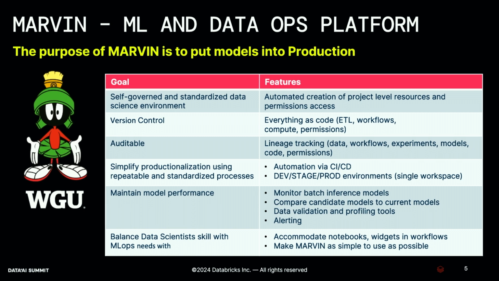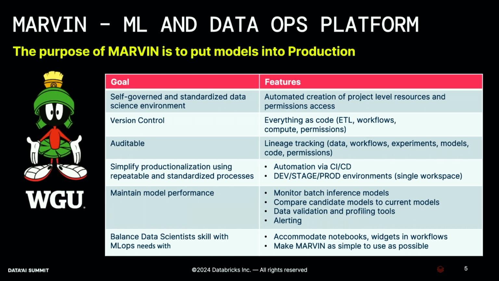And then we wanted to simplify the production process, make it repeatable and standardized. So that's things like automation with CICD, and then these different dev, stage and prod environments. At WGU, we just have a single prod workspace, and so that looks like